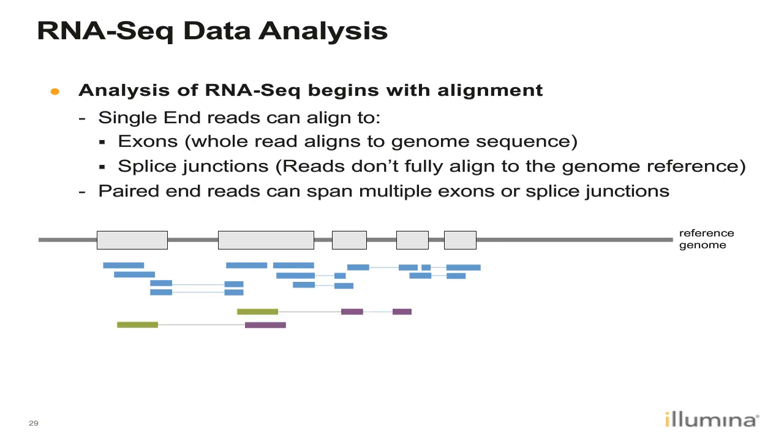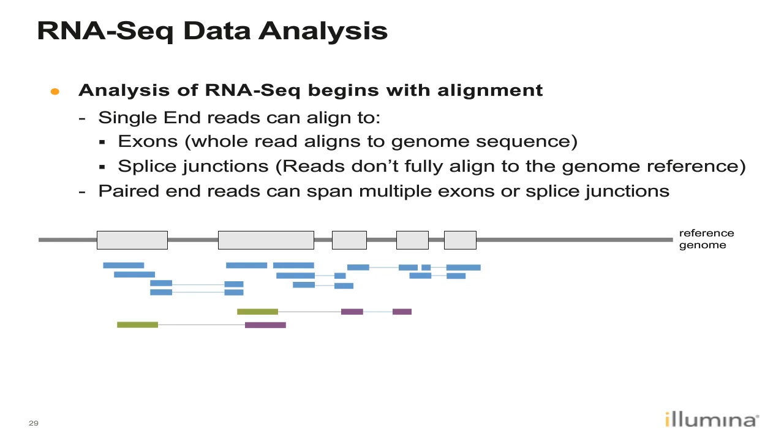Similarly, with paired-end reads, you can have your pairs spanning multiple exons or junctions. So you can have your read 1 aligning to exon 1 and your read 2 fully aligning to exon 2. Or, like with single reads, you can also have, say, your read 2 spanning 2 exons. Now, this information, of course, is important because it gives us information about exon-exon boundaries and exon associations, but getting